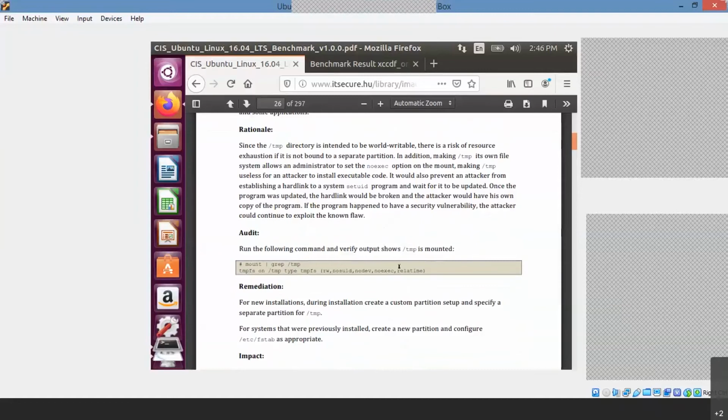Can anyone tell, in the Windows file system, what are the partitions that will be there, and what kind of file system Linux will have? Can anyone tell what file systems Linux will have? Linux file systems, NTFS, Windows, correct? What about Linux? Dhananjay, Dhananjay Rao. FAT32 is also on Windows.